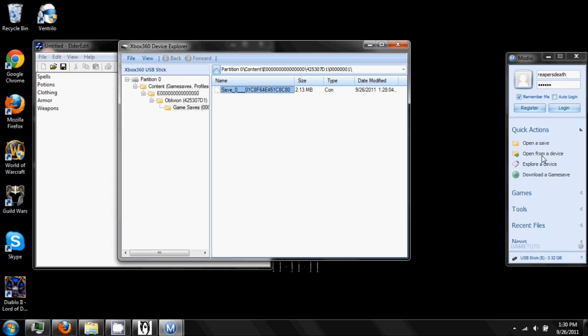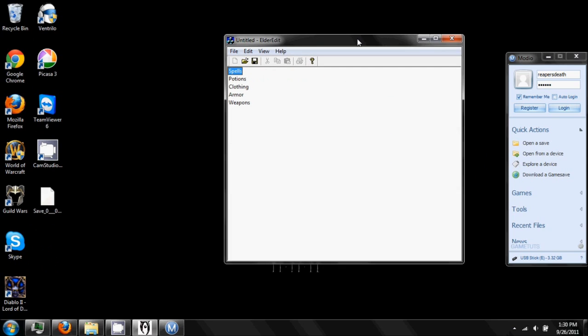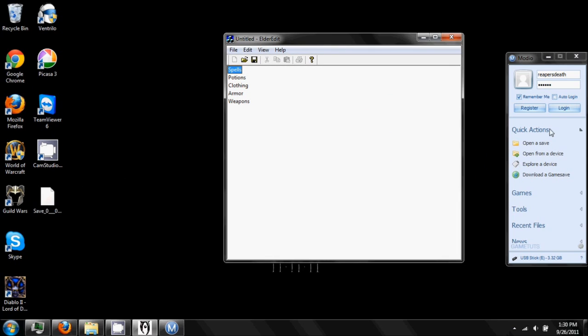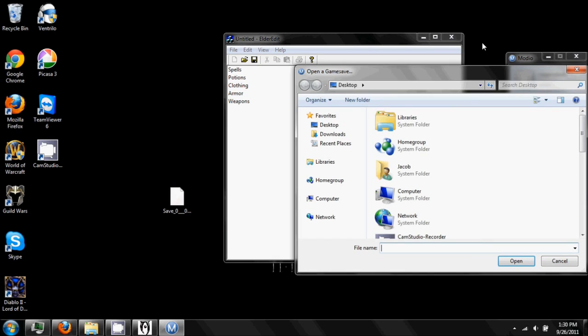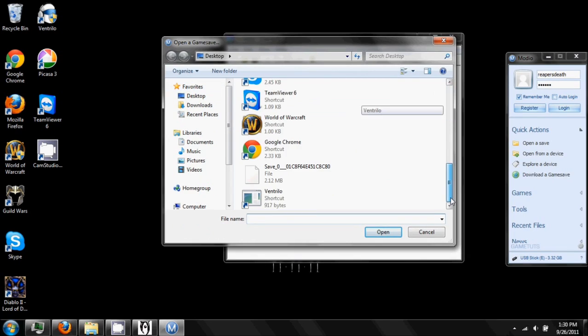Hold on, I haven't used Modio in a while. But yeah, once you do that, drag it off to your desktop. Then what you'll need to do is open a save, or you could have just done open from a device. That would have been much simpler. But open the save,